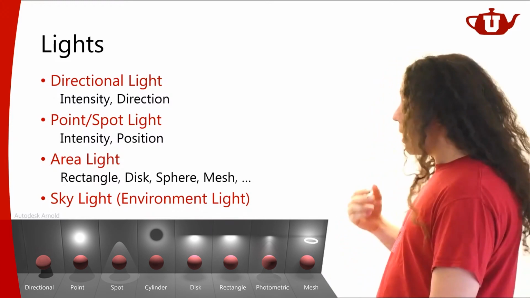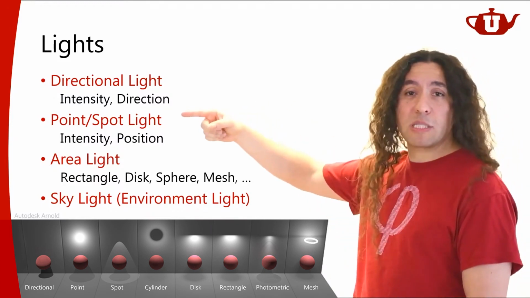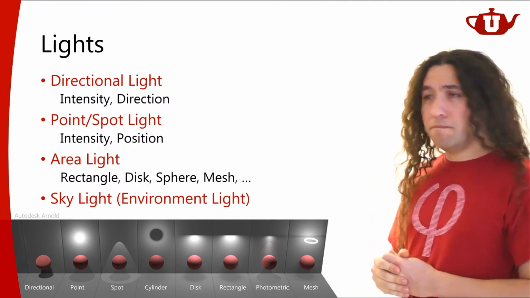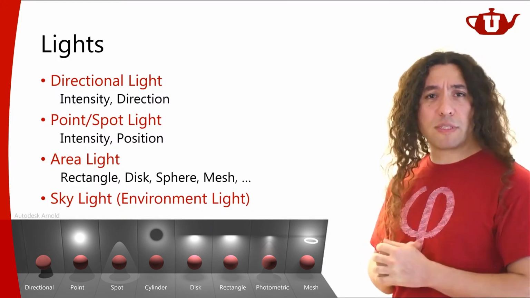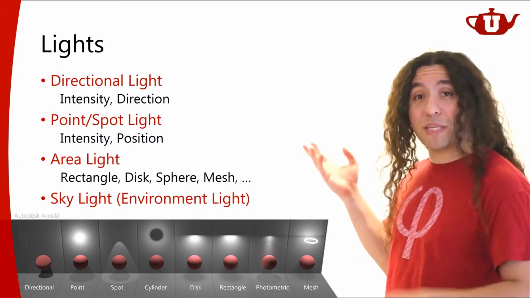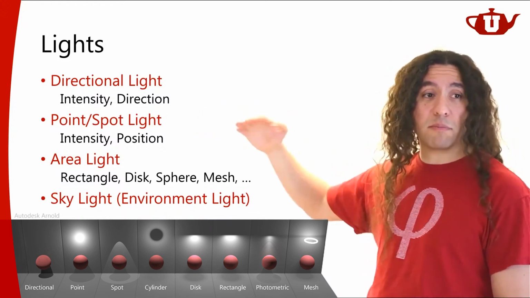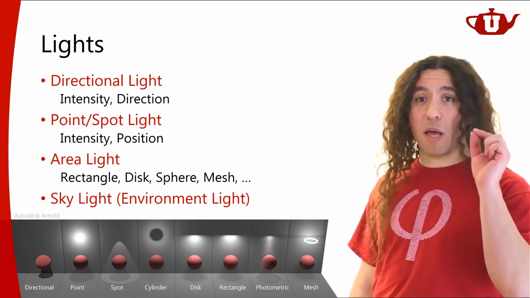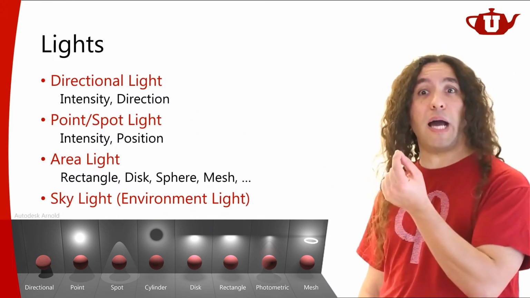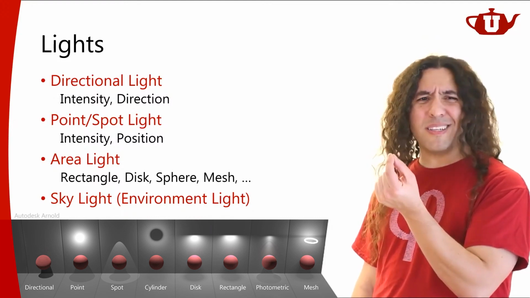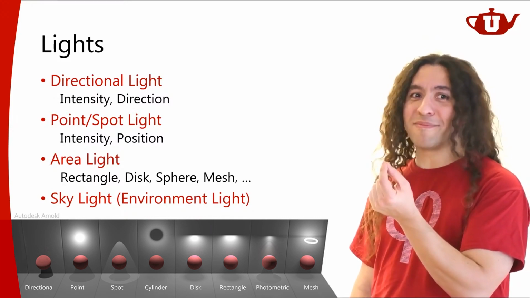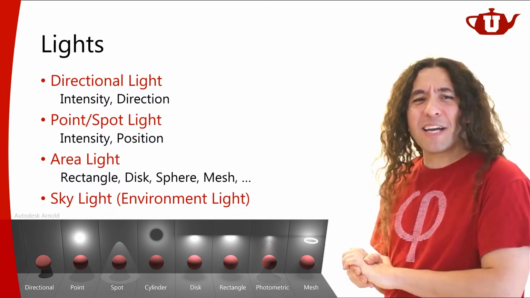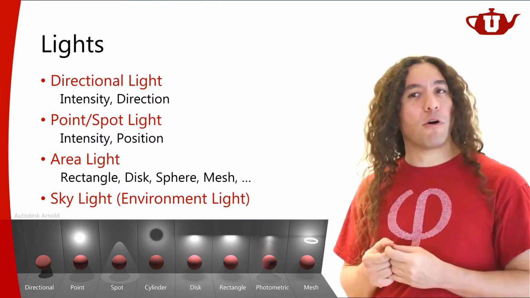The other one is going to be point or spotlight sources. A point light source is just a point that emits light. It's one of the simplest light forms used in computer graphics. Because of its simplicity, point lights are actually used a lot. They're very popular even today. They're not the most realistic light sources because they're just a point, and a point does not have a size. Realistic objects have sizes. So in that sense, they're not very realistic, but they are a good replacement for small light sources.